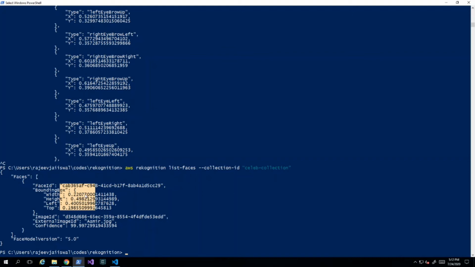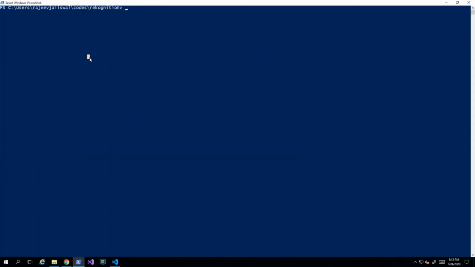All right. Now, if I need to search, how would I search it? The command is aws rekognition search-faces-by-image. There are other mechanisms as well where you can search by face ID, but that doesn't make sense as of now because we want to match image to image. If you see, I have used exactly the same image. So let's first test with the same image which we uploaded.